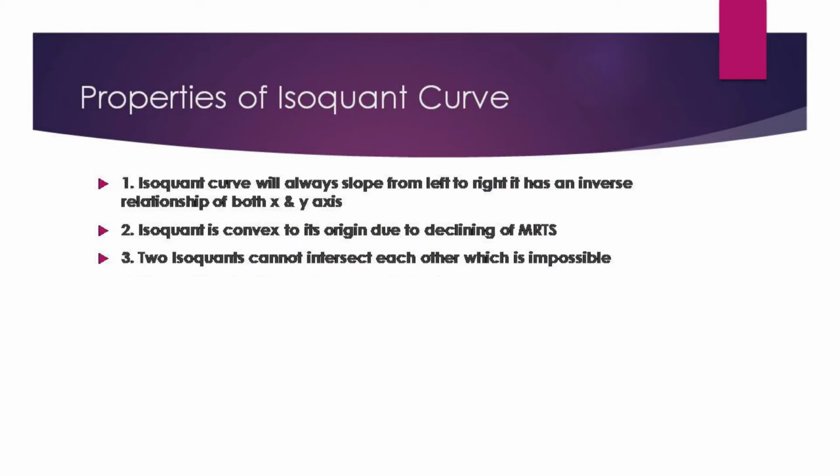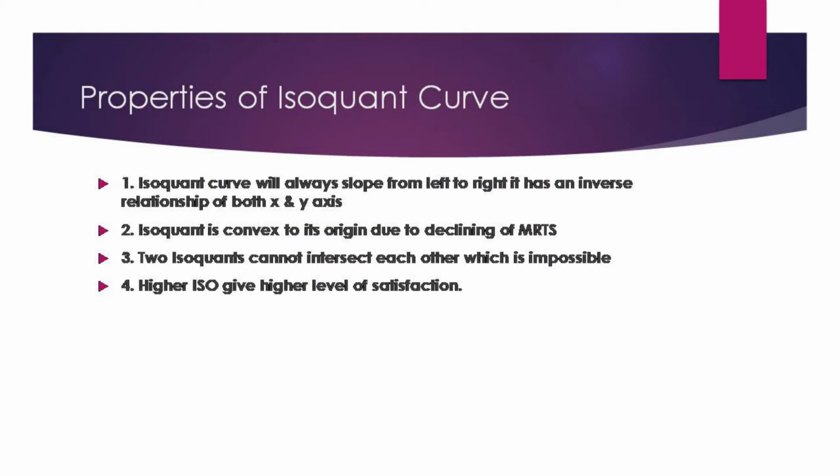The next property: a higher isoquant, like a higher indifference curve, gives a higher level of satisfaction. The level of utility depends on the consumption of the commodities you use, it might be about your machine, your laborers or the capital amount you are investing. The higher indifference curve shows a higher level of satisfaction. Here also, the higher isoquant curve shows a higher level of production of the commodities in the market. As you implement new technology and new machineries, you will get a higher level of production.